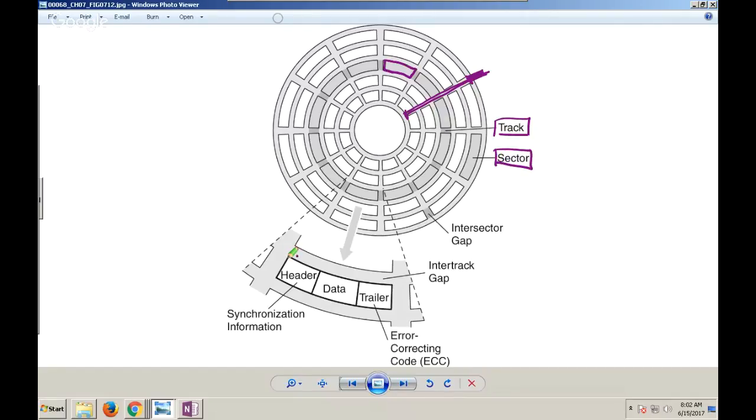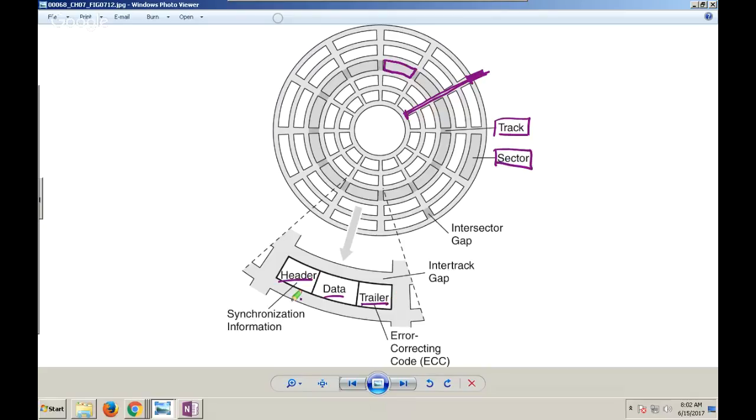Within a sector itself, we will find a header, data, and trailer, okay? Now, how many of you have taken a networking class? Have you done 2705? Okay, a little over half of you. So in networking, what's the purpose of a header? See how well you guys remember. Kind of to give you an idea of what's inside of the block. Yeah, and it's very much the same when we're in a hard drive, okay?